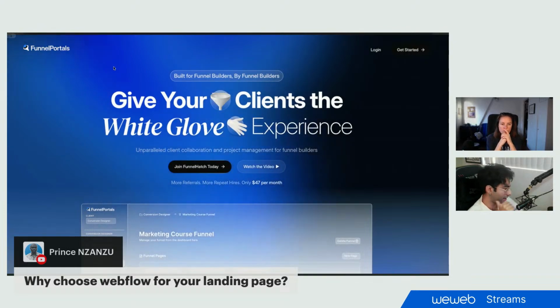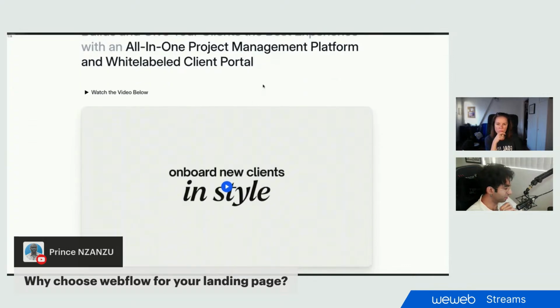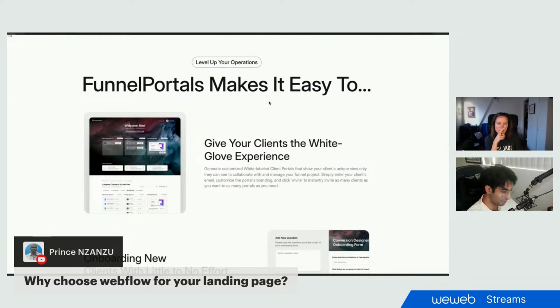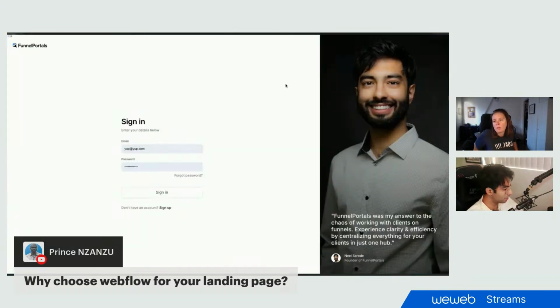Okay. Yeah, again, it's the same thing, right? I guess it comes down to I have way more experience building out a complex design on Webflow than WeWeb. I 100% could have built this on WeWeb as well. But for me, it's just faster to do it on Webflow. So I just hosted them both separately, one Webflow, one WeWeb, and I just link the login button to the WeWeb sign in. I think it's a great question because it's a common question we have,